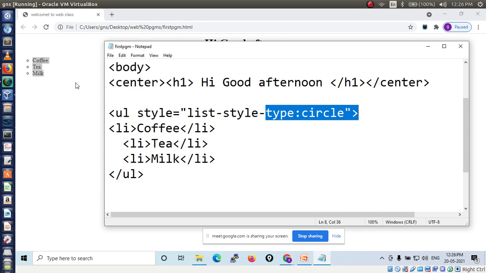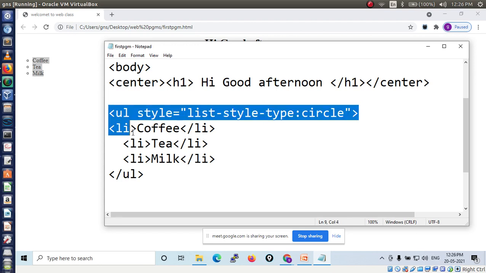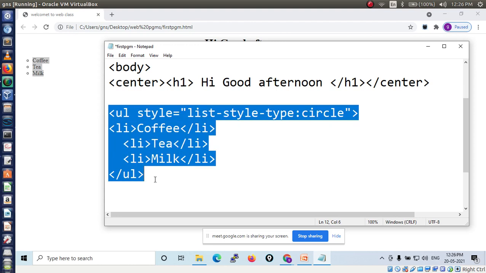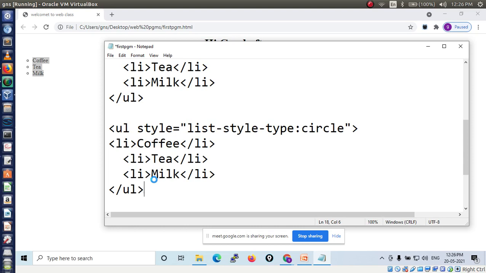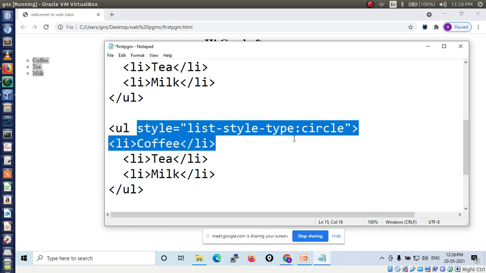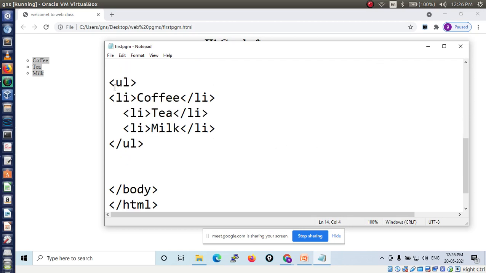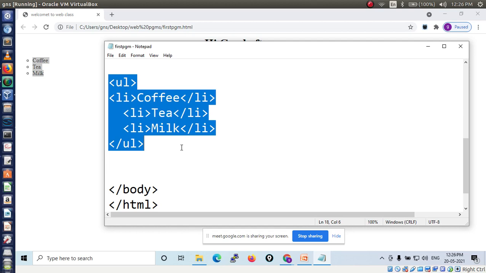So write down, this is another concept in unordered list. Suppose I write a code for this, what will happen? Let's see. I don't use this list style and all those things. So now what is the output for this? Can anyone tell me? I am using only the ul tag. I am not using that attribute here.